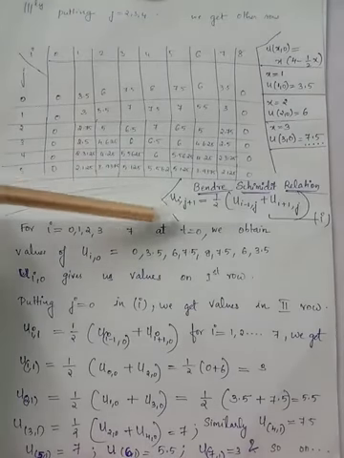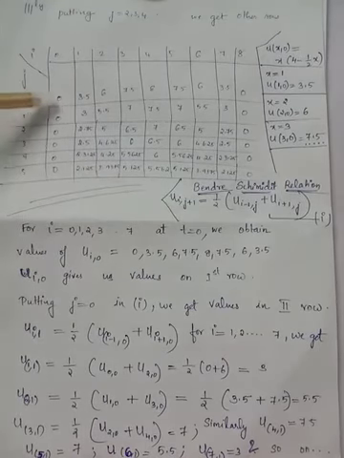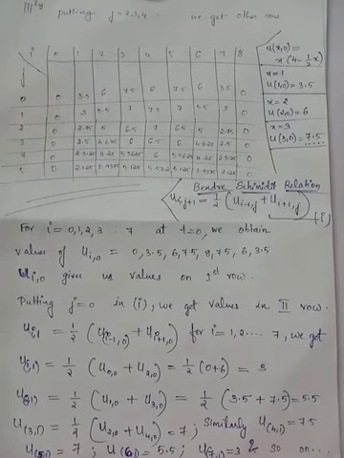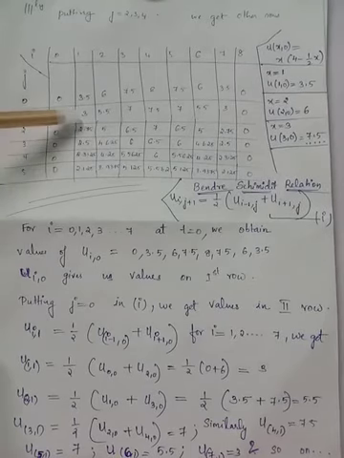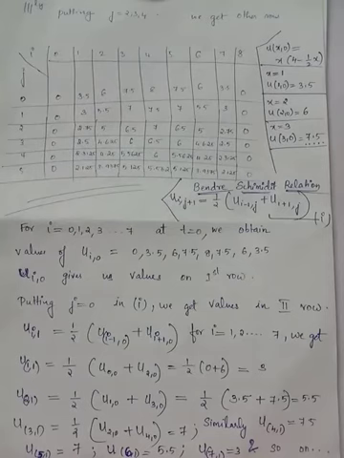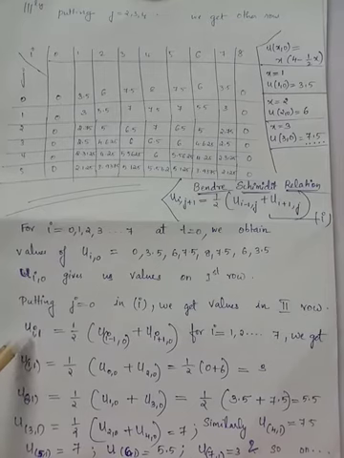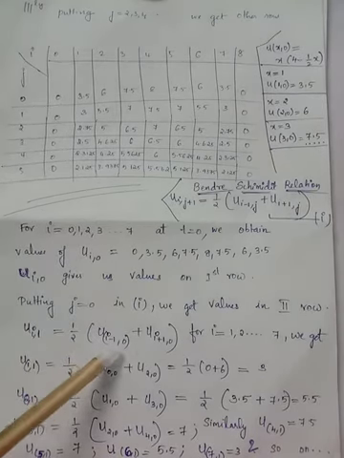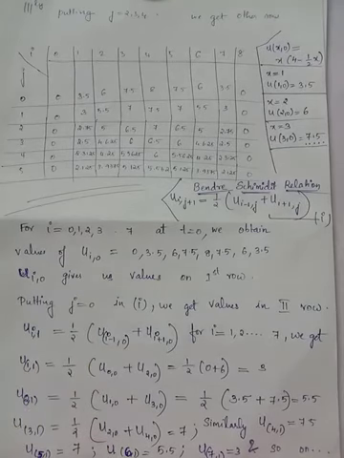Here we make use of the answers or the values of the preceding row. To find out the values of the new row, that is the second row, we have to substitute j equal to 0. When you substitute j equal to 0 in this Bender-Schmidt relation in both LHS and RHS, you get the relation u(i,1) equal to half times u(i-1,0) plus u(i+1,0).